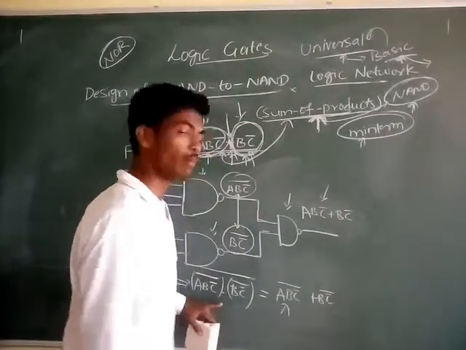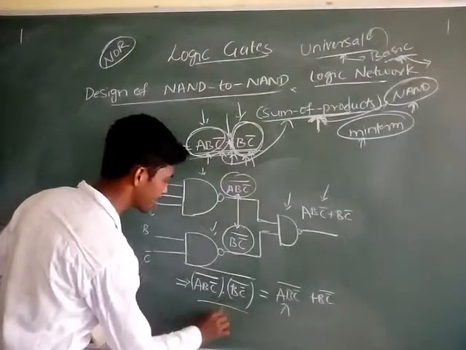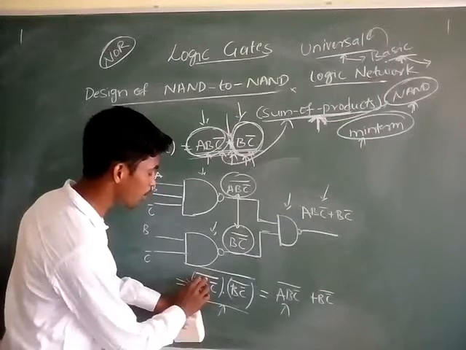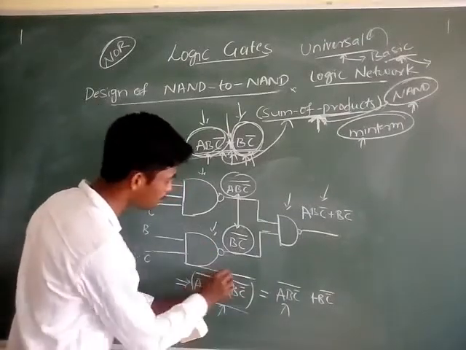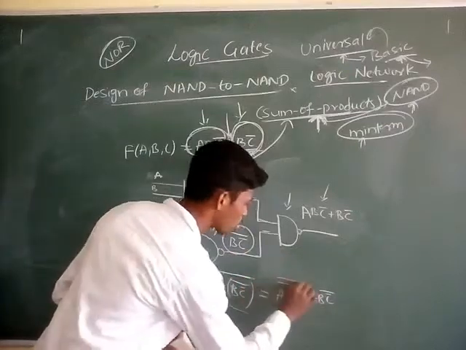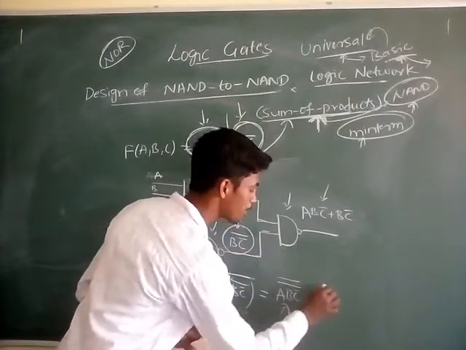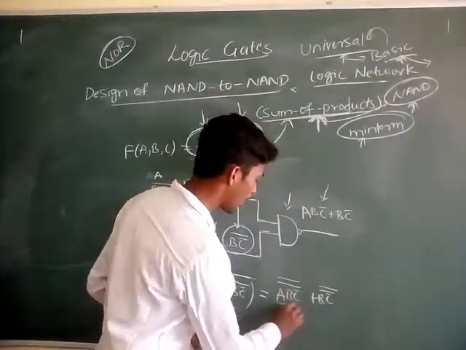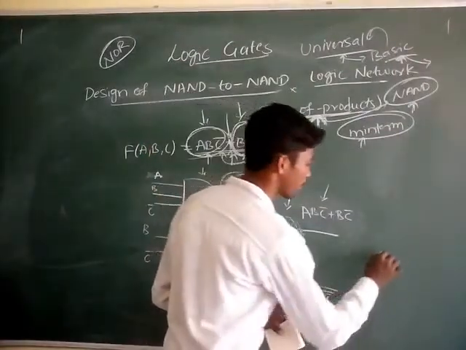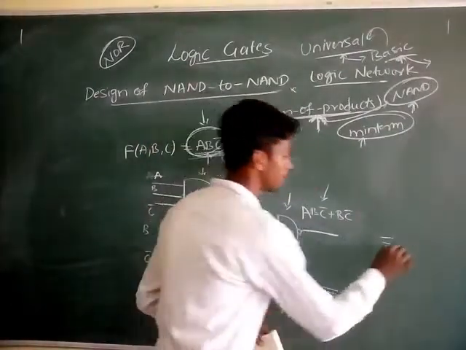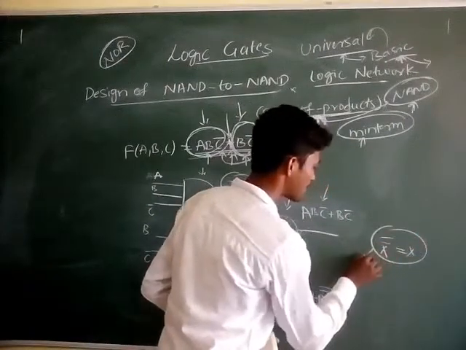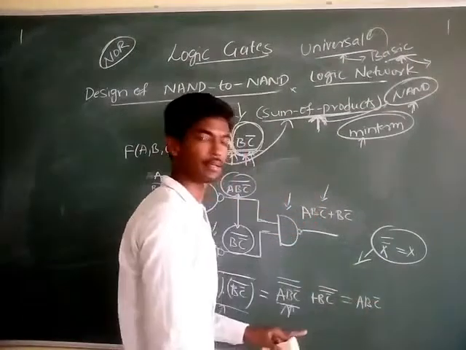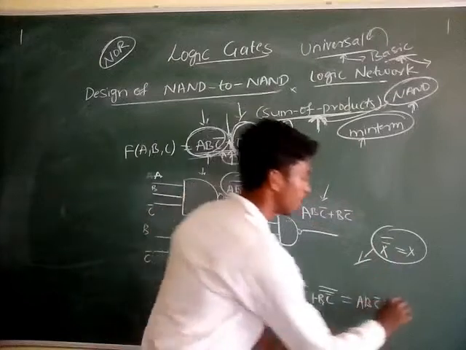Yes, applying De Morgan's second law for this expression of a NAND to NAND network, we will get A B C complement whole complement plus B C complement whole complement. Now observe here and apply one Boolean postulate: X complement whole complement will give you X here. Just apply this postulate here, we will get A B C complement, plus for this also apply this one,